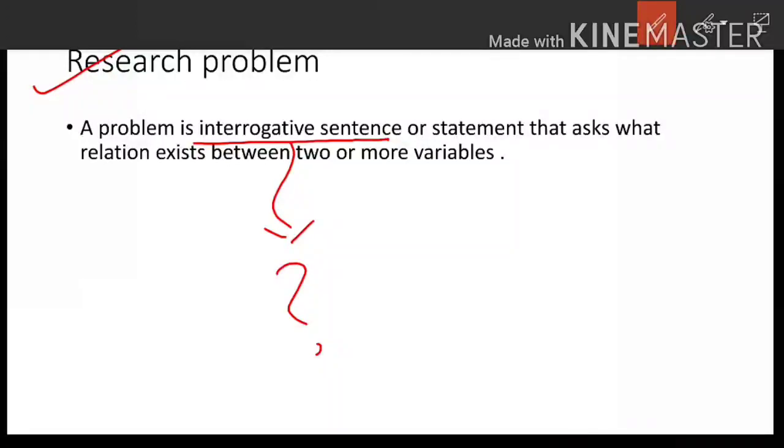So this is the main difference between the research problem and problem statement: the research problem is just a statement in an interrogative form, and can be in a declarative form. When you are writing the research problem, you are just asking what exactly is the relationship between the variables you have selected to study in that particular research. Okay, so I hope this difference is clear to you. Moving forward,